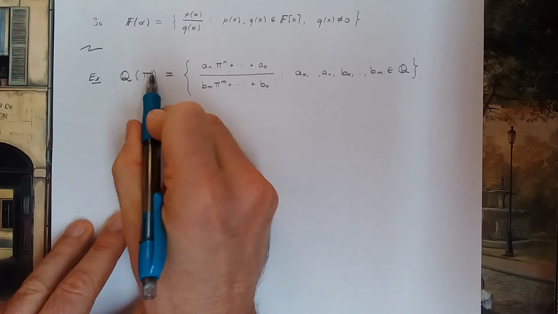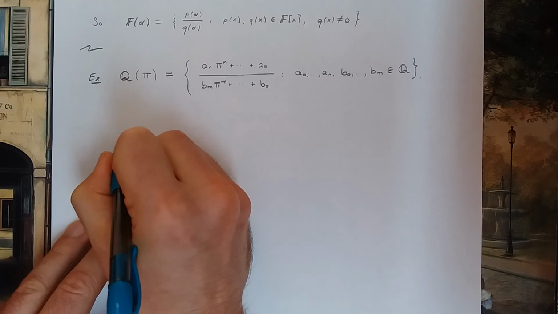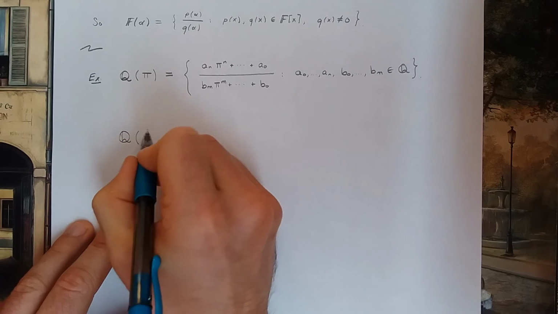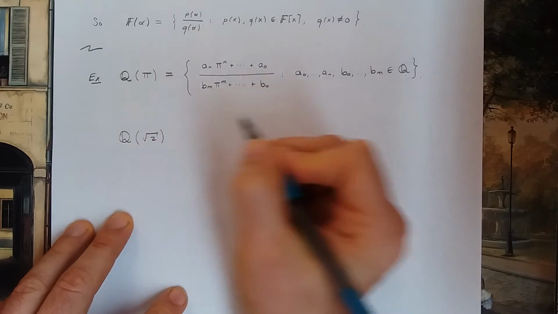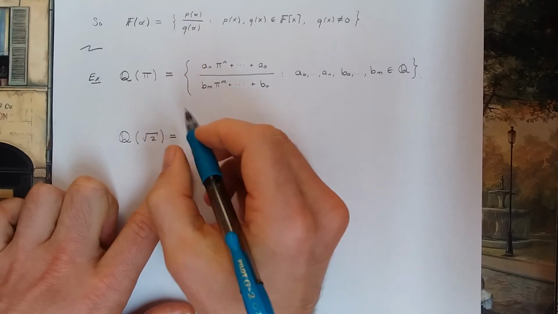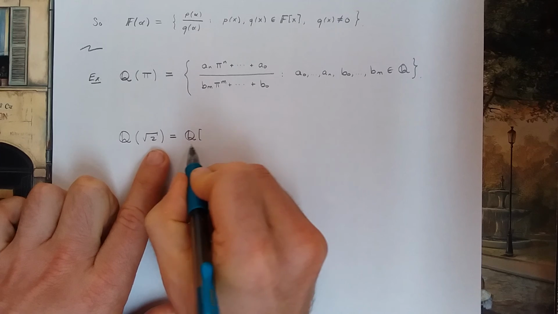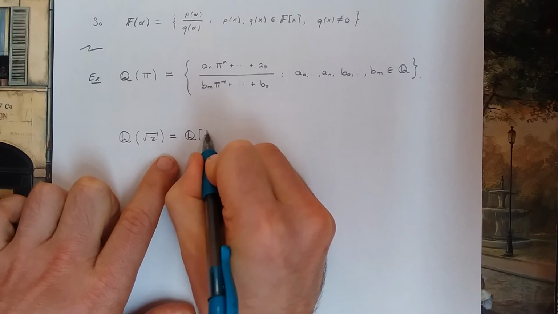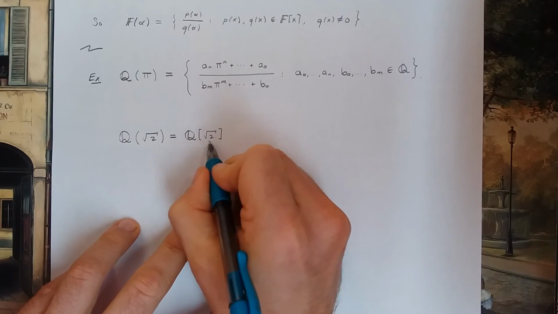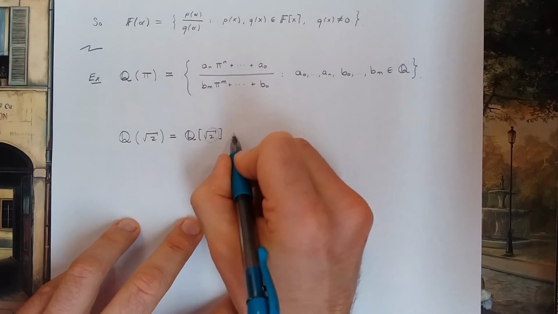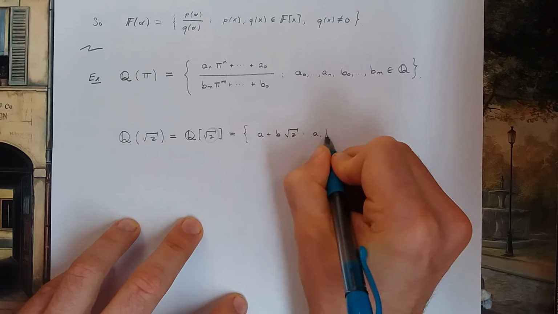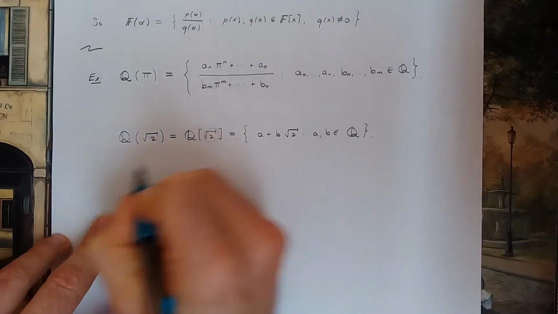What if I take an algebraic number? So what if I do the field Q, and I'm going to add in maybe square root of 2. Well, the square root of 2 is algebraic. It's degree 2. This is the same as the field Q with the square root of 2 as an indeterminate, polynomials in the square root of 2 with rational coefficients. This would be everything of the form a plus b square root of 2, such that a and b are rational. You could even do